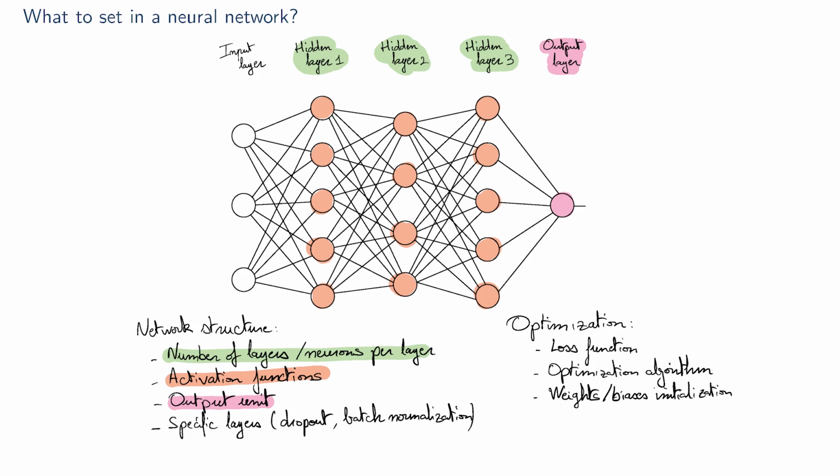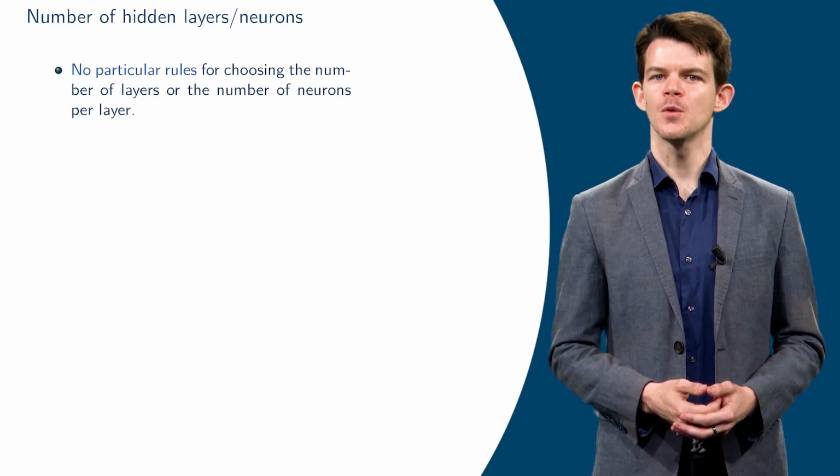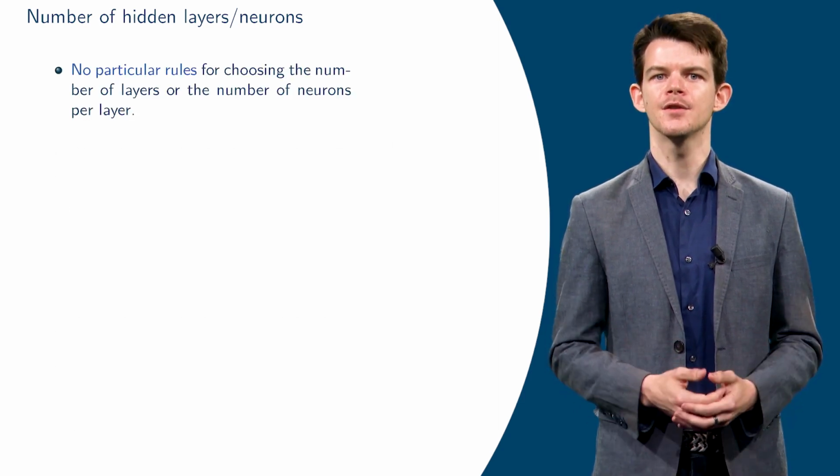We have listed the main features of the network. For each one, we are now going to see how to choose them. We start with the fundamental structure of the network, the number of hidden layers and the number of neurons per layer. First, note that there is no general rule to choose the number of hidden layers or the number of